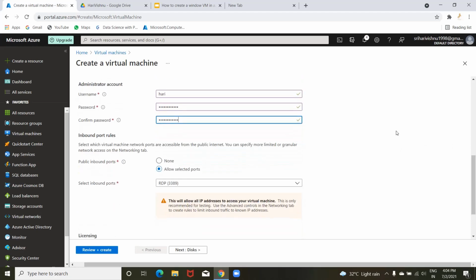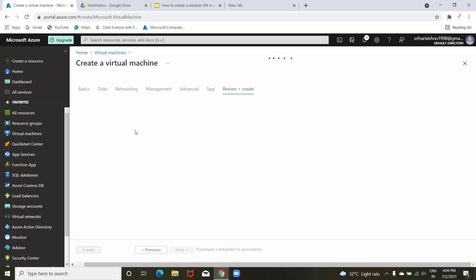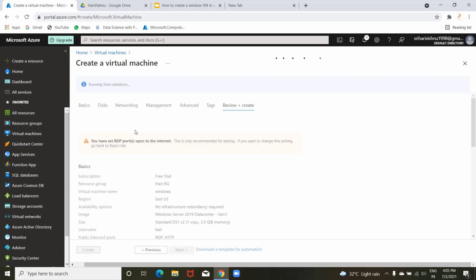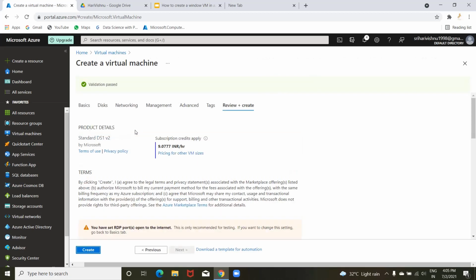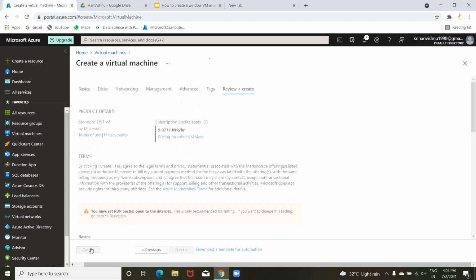For public inbound ports, you can select HTTP as well as RDP. Once validation has passed, you can click create.